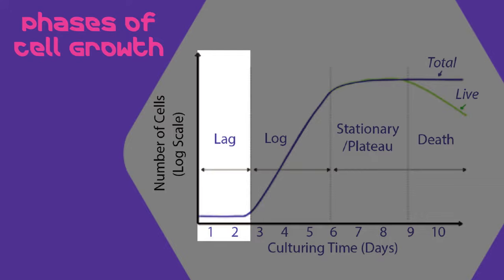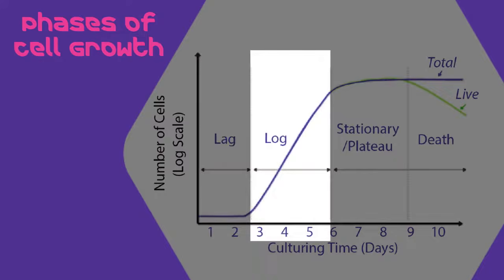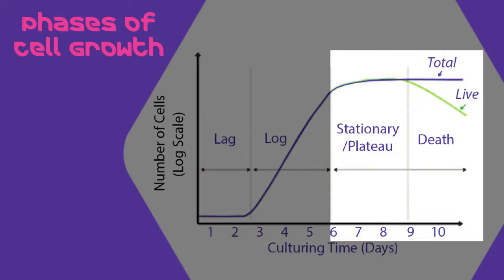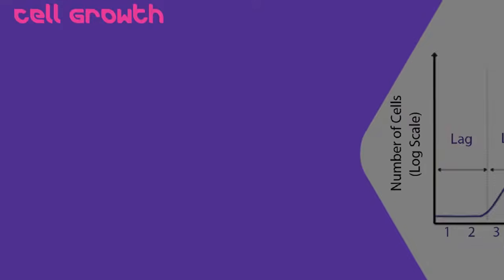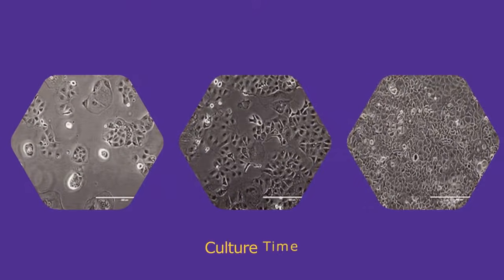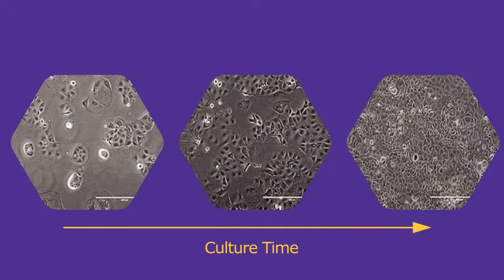The initial phase is characterized as a lag phase, where cells are adjusting to the new microenvironment and exhibit no or very little growth. These cells will then enter the logarithmic growth phase as they start to actively proliferate. Later phases are characterized by stationary growth and eventual population decline due to cell death. As shown by the images, you can see that as cells grow, they will run out of space to grow. When cells run out of space to grow, this will also cause cells to slow down or stop their growth